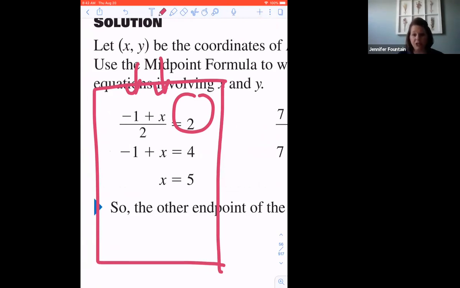whenever I have a fraction that I need to eliminate, the first thing I have to do is multiply by,